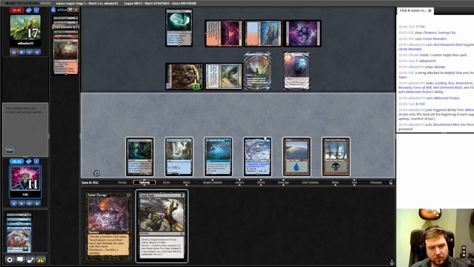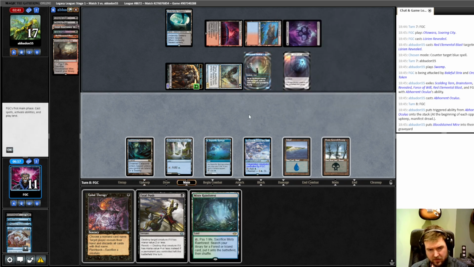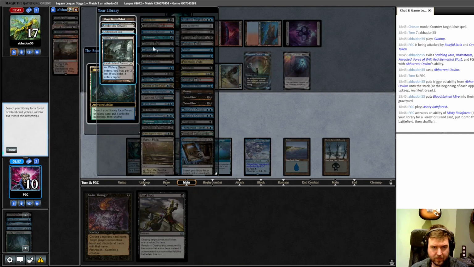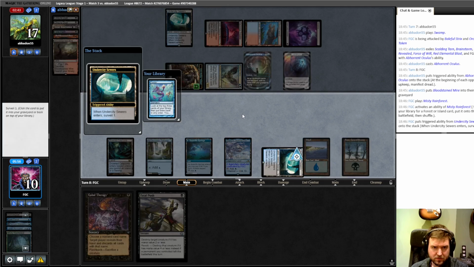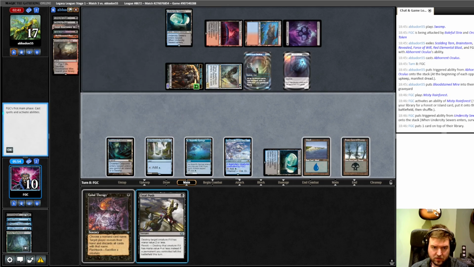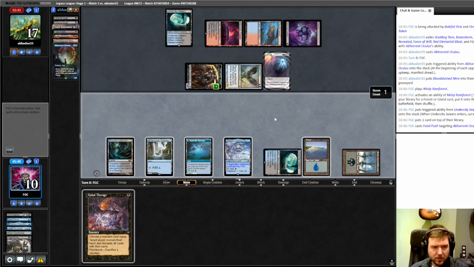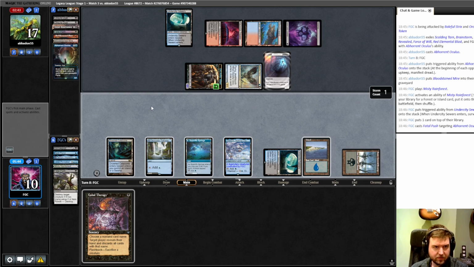Now, I need to draw something pretty good here. I wonder what I want to draw. Even stuff like a Murktide is not going to be good enough, I suspect. Misty Rainforest certainly is not the best, but I at least can... Sewers. Yeah, that's fine. And then get rid of this. But the clock is very high, and our Baragoyf is in the graveyard. So...